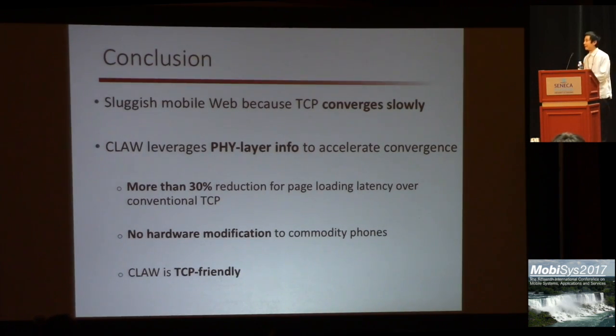So in conclusion, mobile web performance is sluggish nowadays because TCP converges to the available network bandwidth slowly. To solve this problem, we propose a cellular link layer aware design, which leverages the physical layer information to accelerate the bandwidth convergence. In this way, it reduces the page loading latency by more than 30% over conventional TCP, and it requires no hardware modification to phones. And finally, it's carefully designed to be